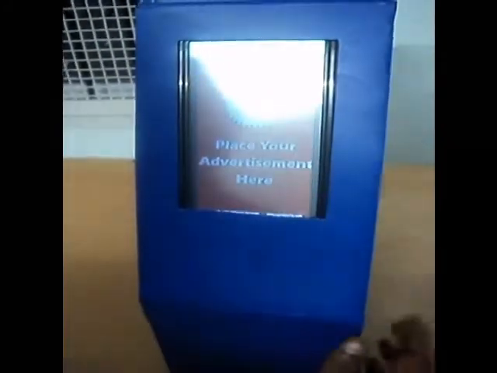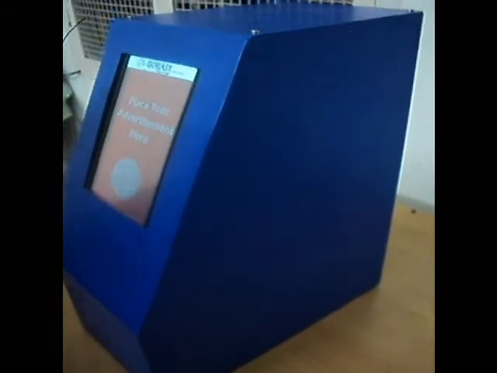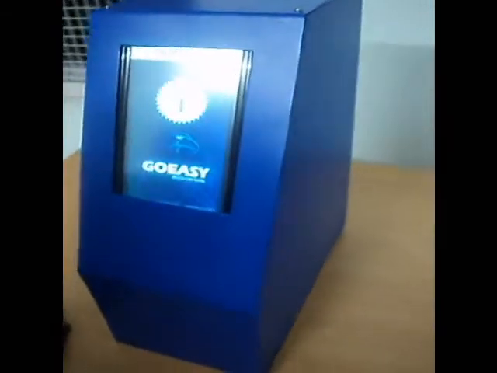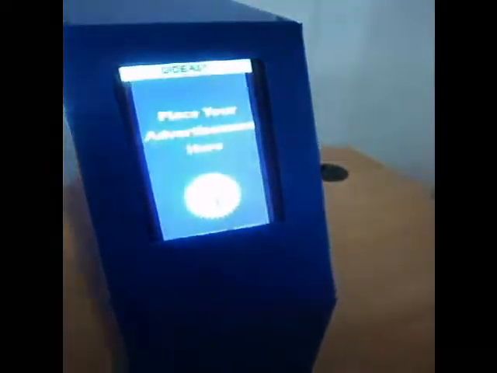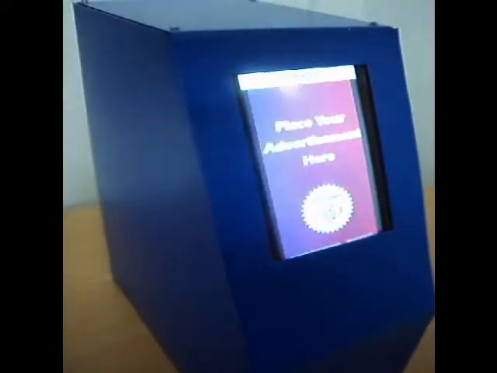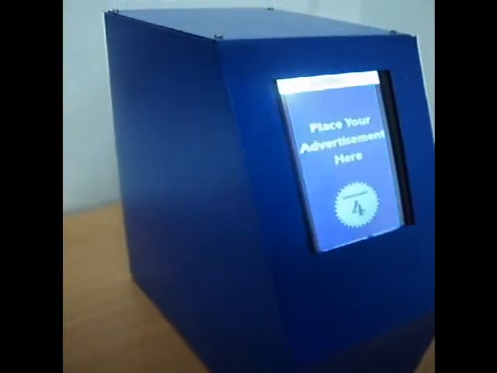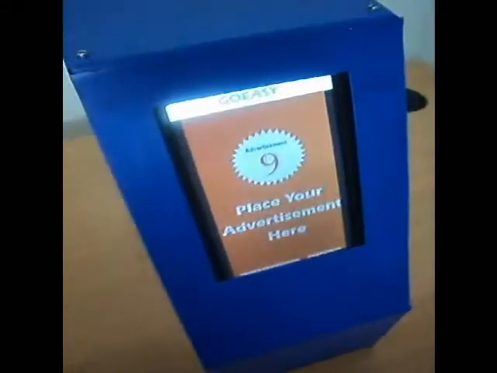Advertisements and local search. If they want some tailor shops, those tailor shops can also be added in this app. Suppose they want some puncture shops, every detail will be added within this application. So we are planning to place around 4 to 5 kiosks in a particular very small locality. Like, for example, if I place this kiosk in Vadapalani, somewhere in Palamudir Cholai, or in a medical shop, or where people get together, or in a coffee shop, it's very easy for the locals to search their needs.